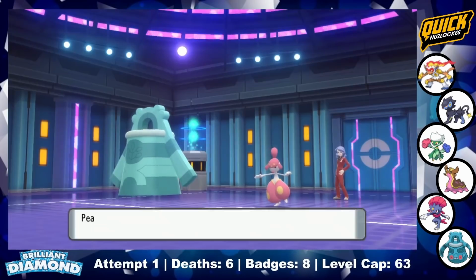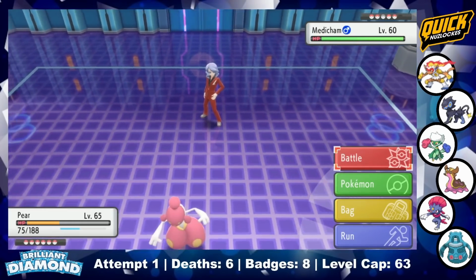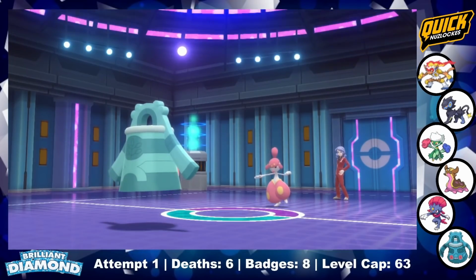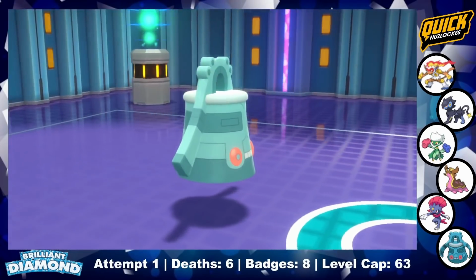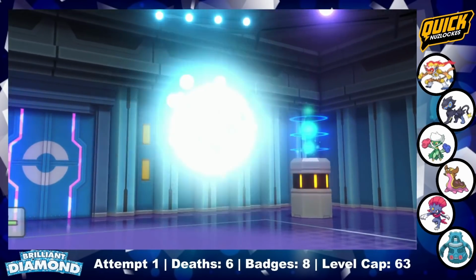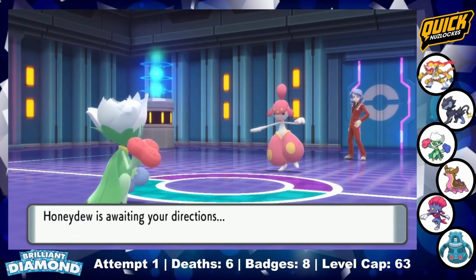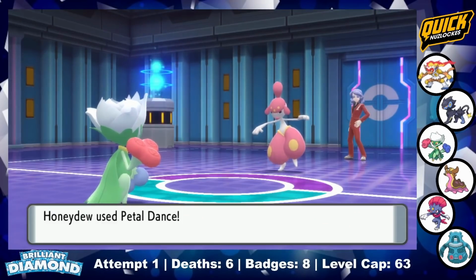Lucian sends Medicham out next. Because of all the Iron Defenses, Pear should be able to handle everything from Medicham. As long as it doesn't crit, Pear can handle a High Jump Kick, but because Reflect is still up, Heavy Slam doesn't do that much. I have to risk another crit to switch into Honeydew, who survives regular High Jump Kicks and can knock out Medicham. Luckily, she doesn't get crit, and after a turn to stall Reflect and Light Screen, Honeydew knocks out Medicham